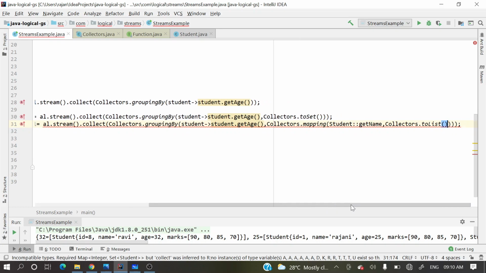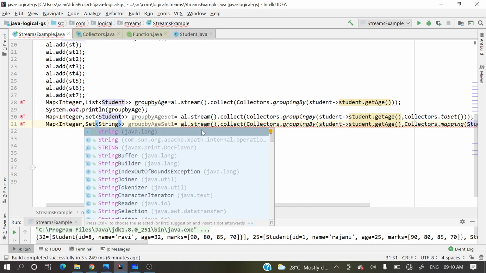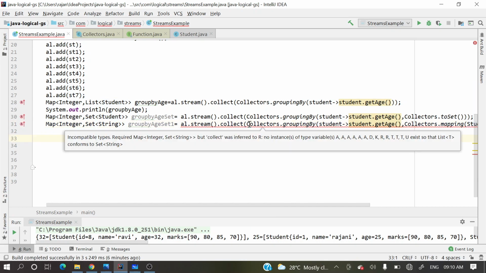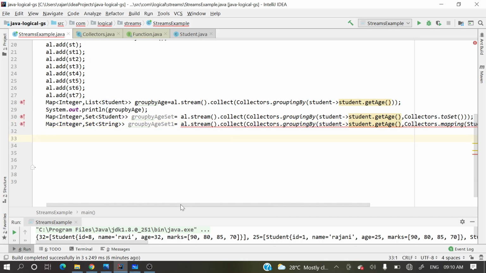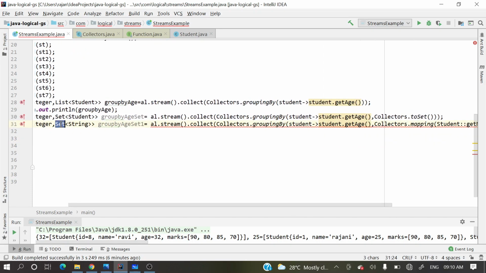Okay, so here what exactly is it showing? We are storing a set of strings. Still it's showing we are taking a list, right? So it's not a set, it will be a list.